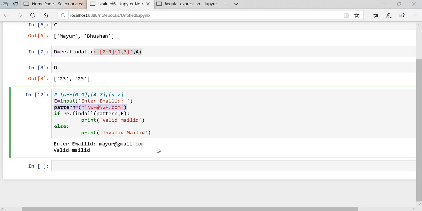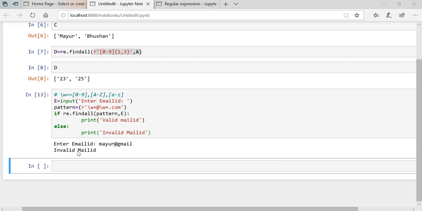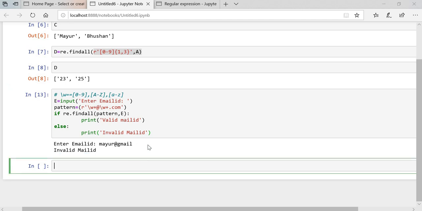So this is the example. Execute one more time, like mayur@gmail. This is invalid mail id because I have not given .com over here. So this is the example.